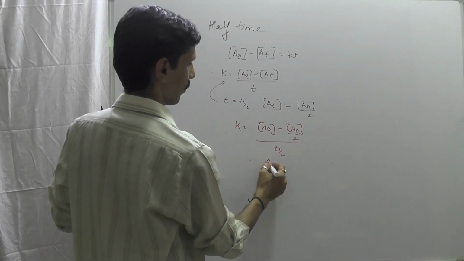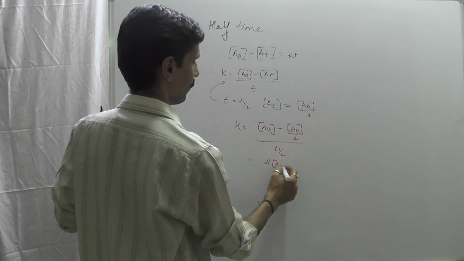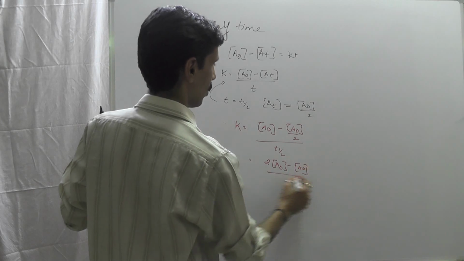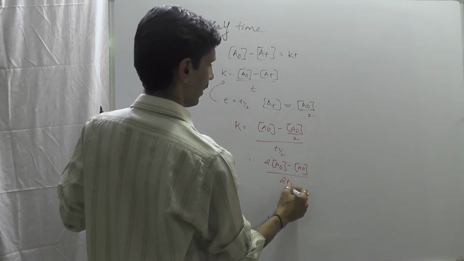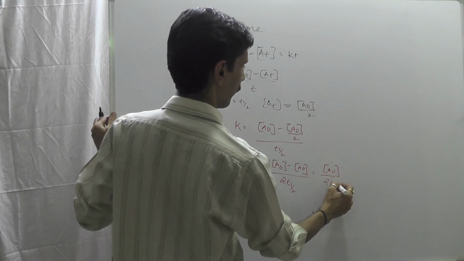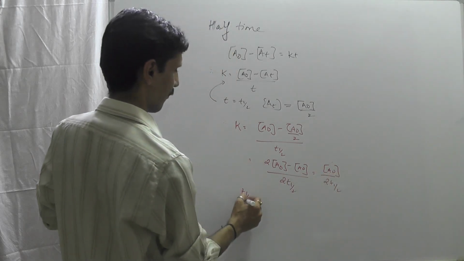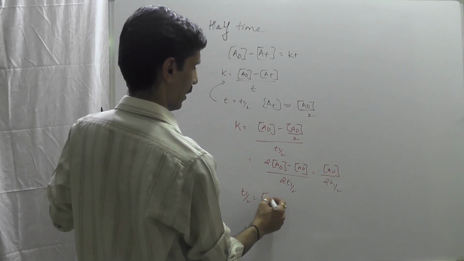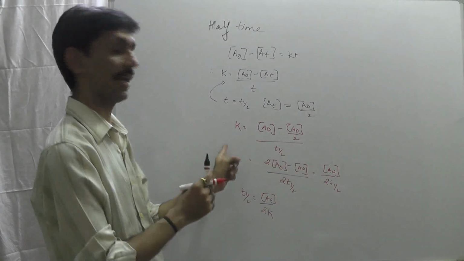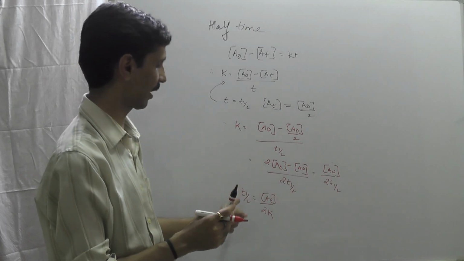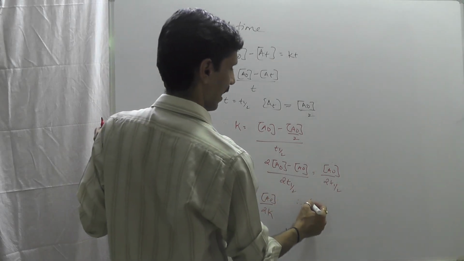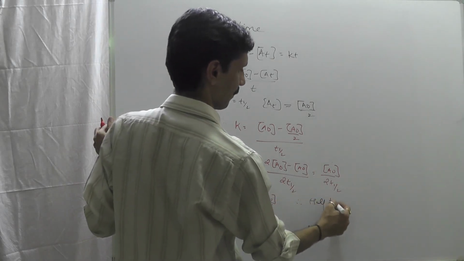Okay, so that means it is equal to nothing but 2A0 minus A0 upon 2 t half. So that is equal to A0 upon 2 t half, and therefore we say t half is equal to nothing but A0 upon 2k. Okay, that is what we need to consider. t half और k, उन लोगों का पोजीशन हम लोग एक्सचेंज कर देंगे. So t half is equal to A0 upon 2k, and therefore we say that the half life